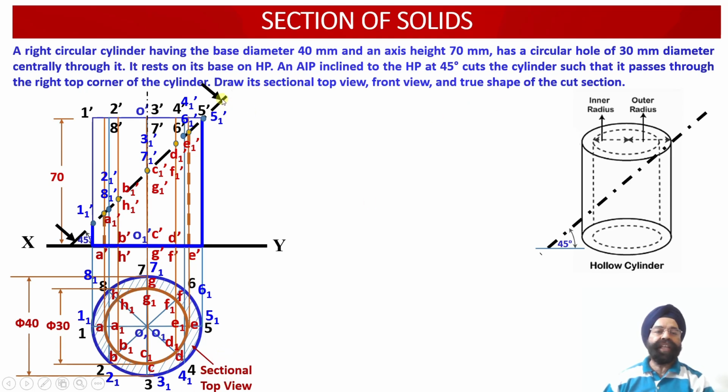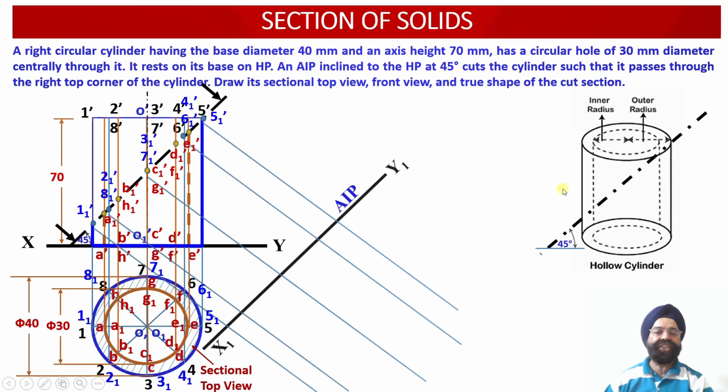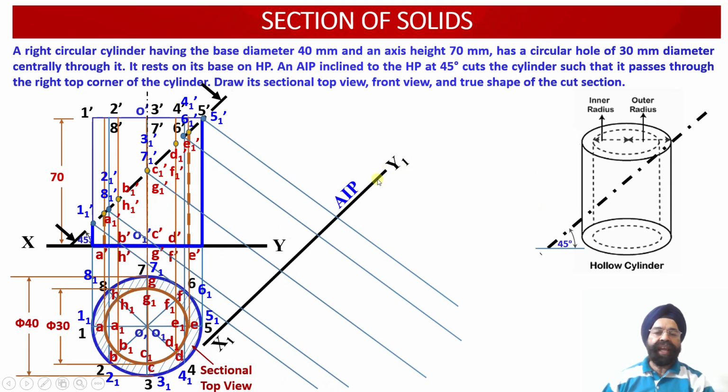So in order to obtain the true shape corresponding to the cut section, we need to draw an auxiliary inclined plane x1 y1 which will be parallel to this auxiliary inclined plane, which happens to be inclined at an angle of 45 degrees with respect to the horizontal plane. And now since this AIP x1 y1 is parallel to this cut section, the auxiliary plane projections which we are going to obtain over here